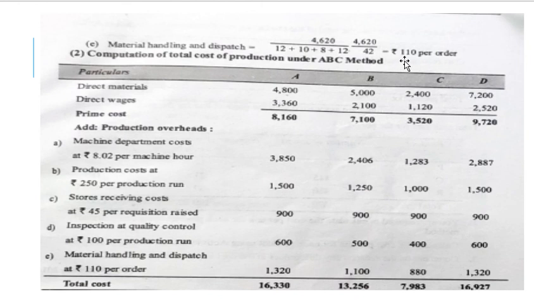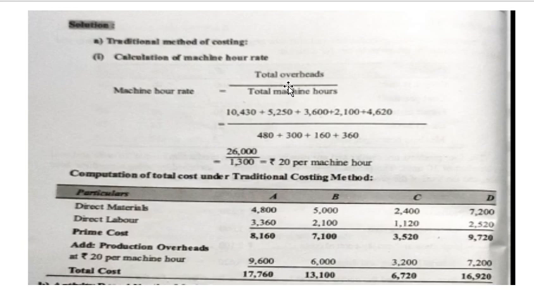So now, as you have found out the cost per unit for each activity, now we will get into your cost sheet according to activity based costing. So in your cost sheet, second, computation of total cost of production under the ABC method, particulars A, B, C, D, direct material and direct wages. As per the question, cost per unit is given. 40 is your direct material, which you have already calculated in your traditional method. So till the prime cost, it would be the same.